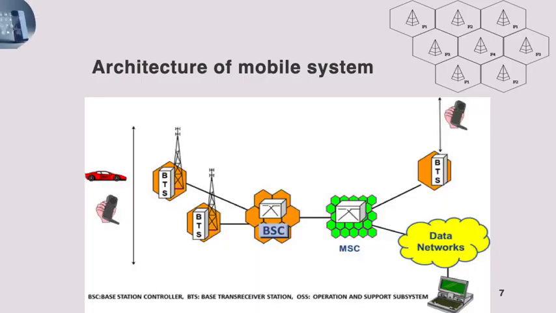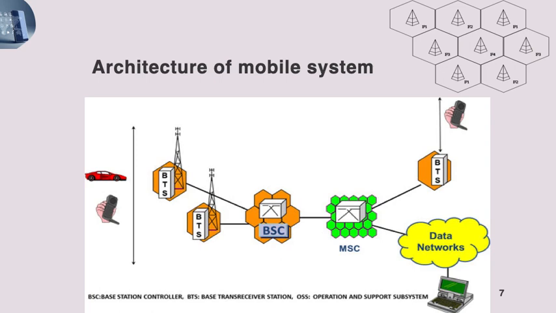So here there is a diagram that describes the architecture of mobile system. On the left side, one car and mobile handset is displayed. So a mobile communication hardware will be there in that particular car, or the mobile phone is communicating with the base station that we will see here. Suppose a user is located in any cell. The geographical separation is done by using cells.